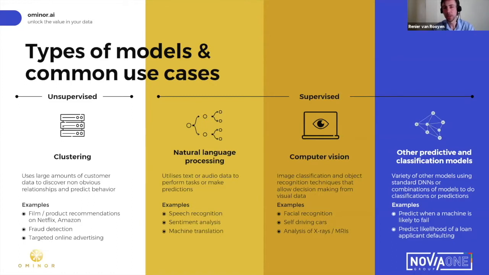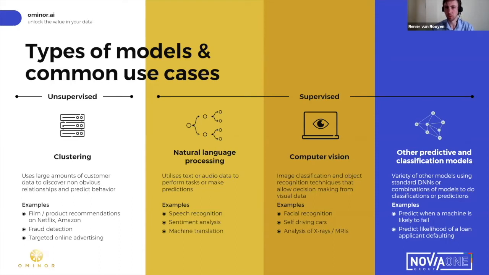On the supervised learning side, it's quite useful to think about the following three areas. Basically, it's natural language processing, which is anything where we have unstructured communication, so voice data and text. We can turn text into voice, we can turn voice into text, we can look at the sentiment of sentences or of speech, and we can do machine translation. Anything where you're really trying to make a decision based on text would fall under natural language processing.